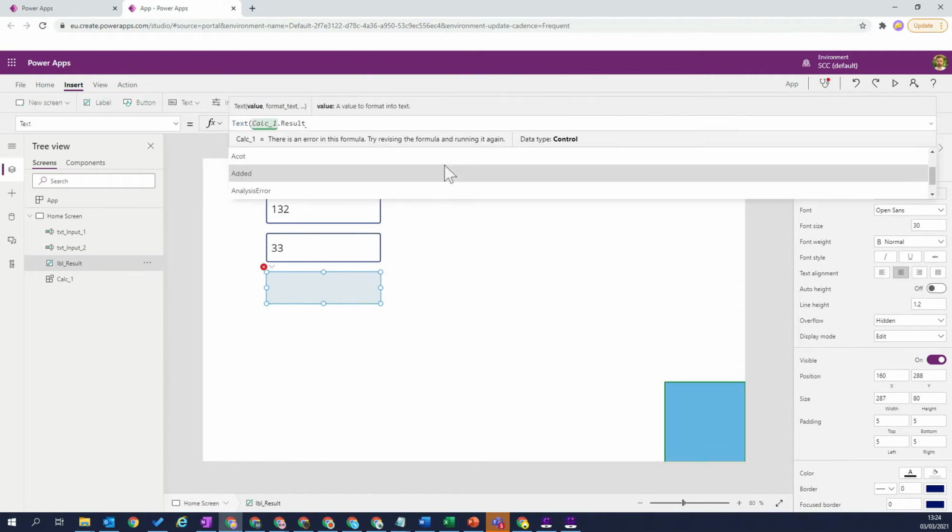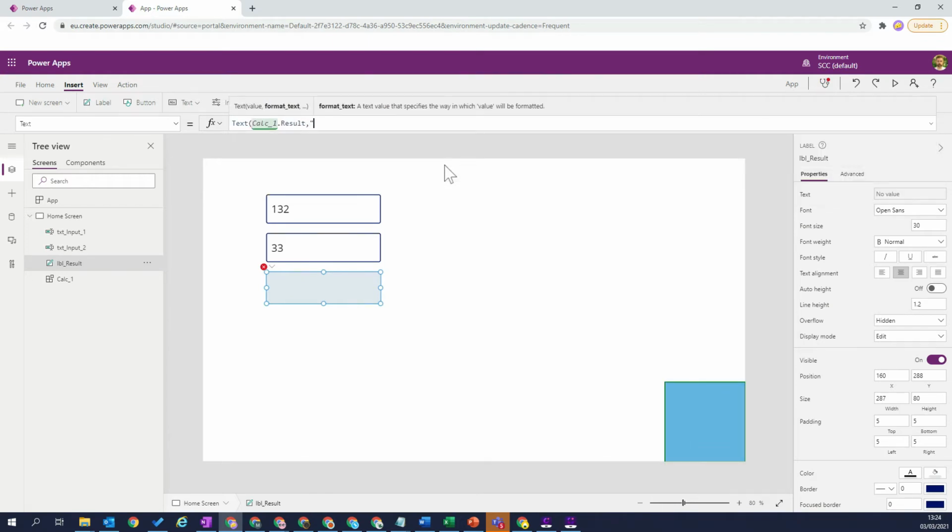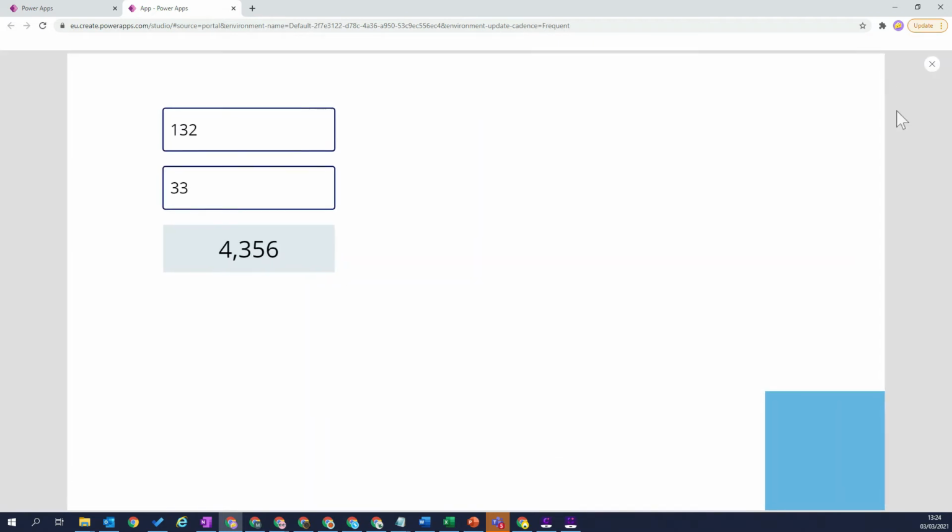I'll wrap that in a text function, and we will use a hash comma hash on there just to throw in 1,000 separators to make the number a little bit easier to understand. So let's just preview this app now and see what it's doing. So if I put in 5 there and 5 there, I'm getting 25 back. I put in some huge numbers there